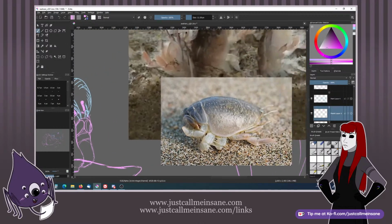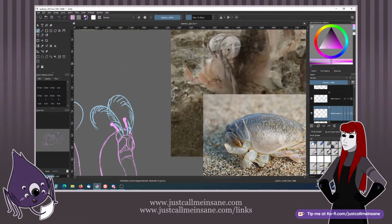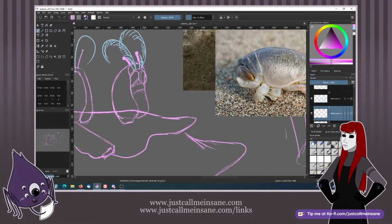Alright, so now look at that. It's like a little leg. He's like, oh yeah, like that. Little pointy little foot. So maybe we'll do that. We'll put a little leg here. Like that. Boop,